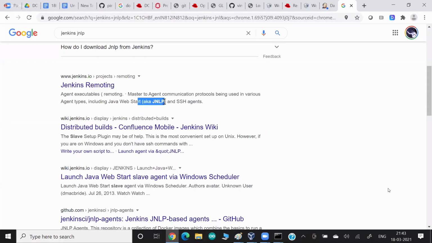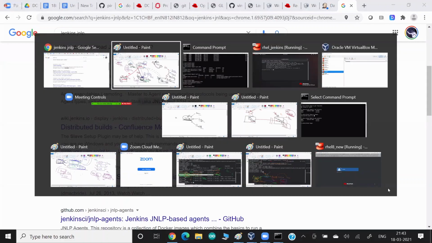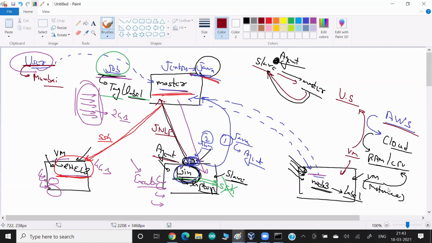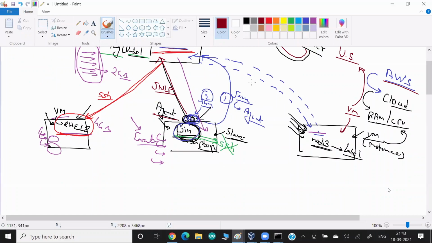So this is a protocol, guys, that they use behind the scenes. So that's the only thing you should know for connecting Windows to the master, or if you want Windows to be a slave system, that's the only thing you need. And one more thing you need, because Windows is going to download this code, and this code